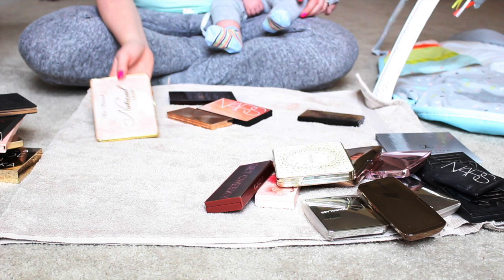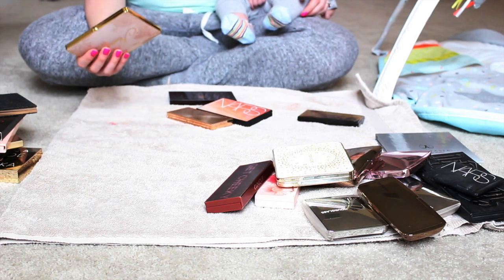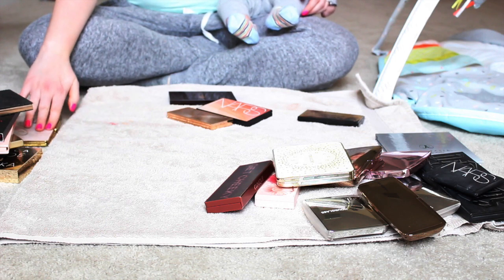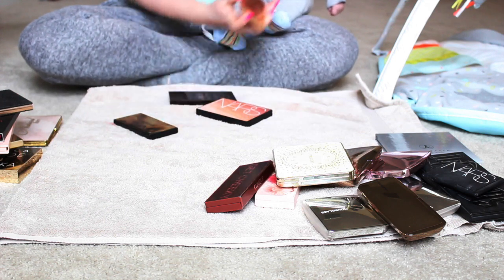My mom's coming to visit me in a few weeks, so I'll see if she wants it. And then my sister's coming, I think, shortly after that. So I'll see. But there's that. Okay. This Charlotte Tilbury, like I said,